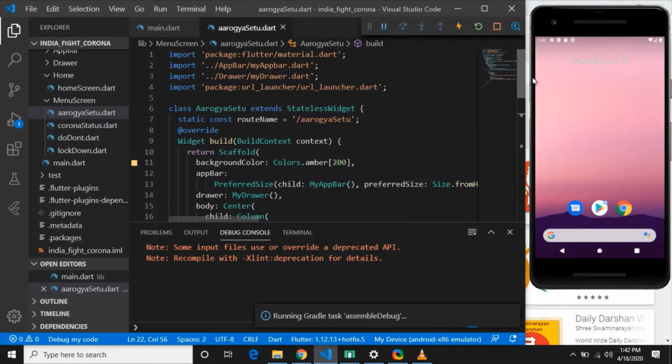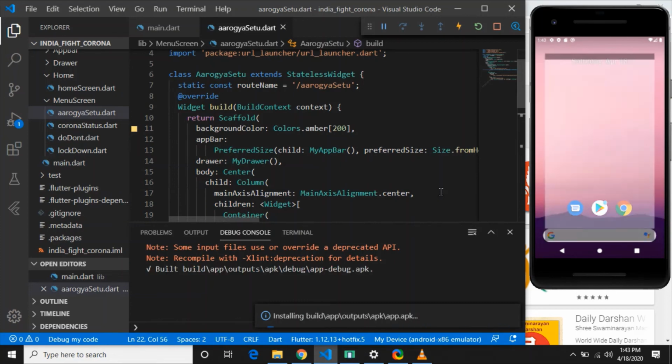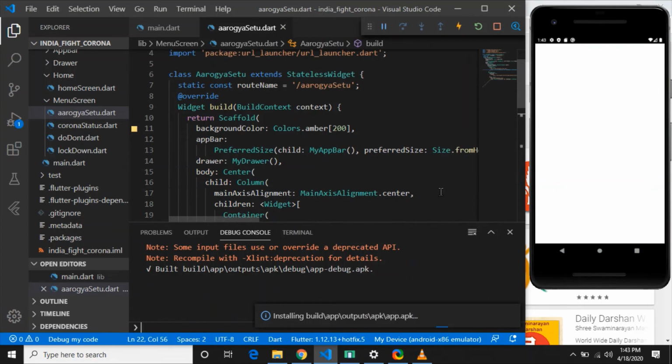So it may take some 2 to 3 minutes for recompiling. It may be a little bit faster in your system, maybe, I don't know, but it's good if it is faster. Every time it should not take that much time, I don't know why, but okay, it is now installing. Good, and the app has been built. Synchronizing files to device.